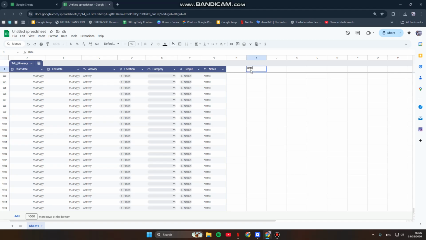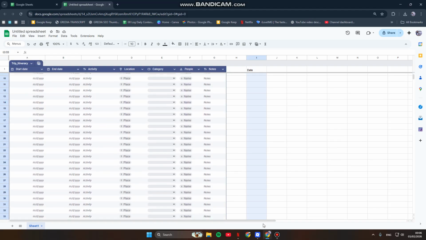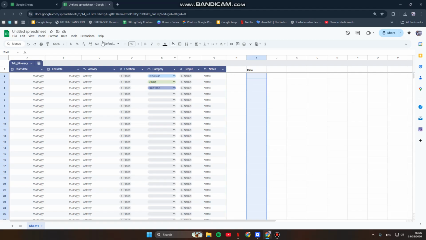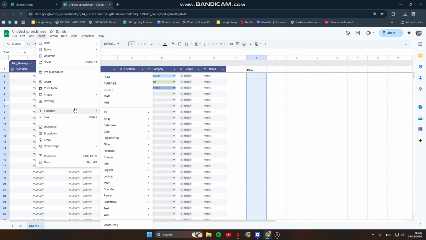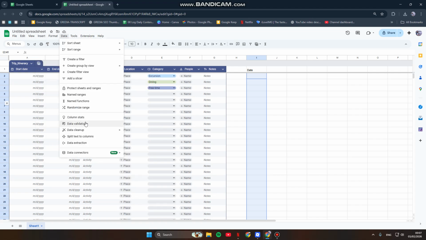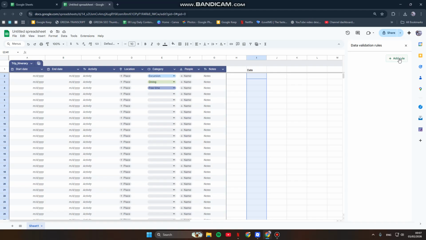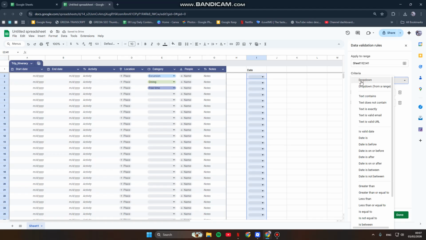So I'm going to create it in this column. First, you can just highlight the cells or columns that you want the dates to go in, like this, and after that you can just go to Insert and click on Data and choose Data validation. Click on Add rule, and in here under the criteria you just need to select "is valid date",